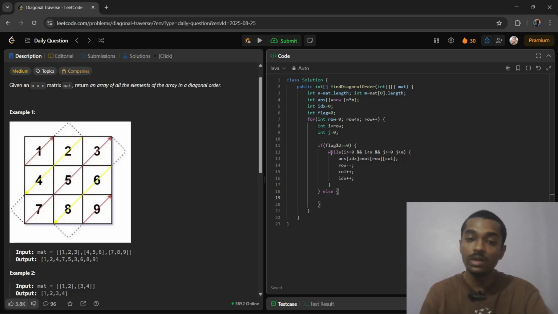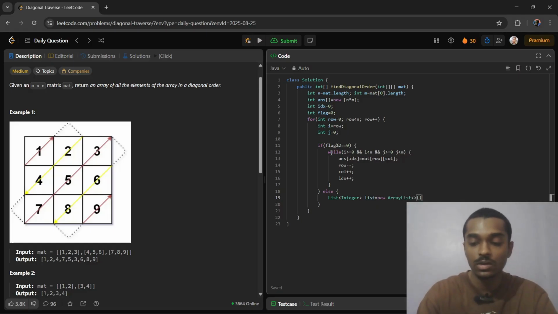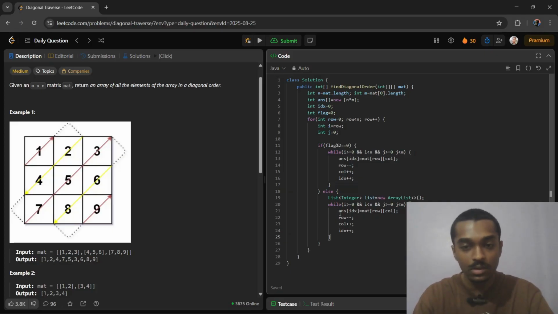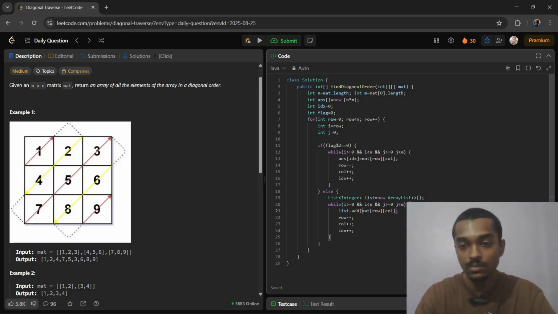but we are going to still do the same traversal, but store this in a temporary array. List of Integer list equal to new ArrayList. So we are storing in the temporary array list. We are doing the same, but the only difference is we are storing this value in our list, and we are not updating the answer. After storing it in this straight diagonal,